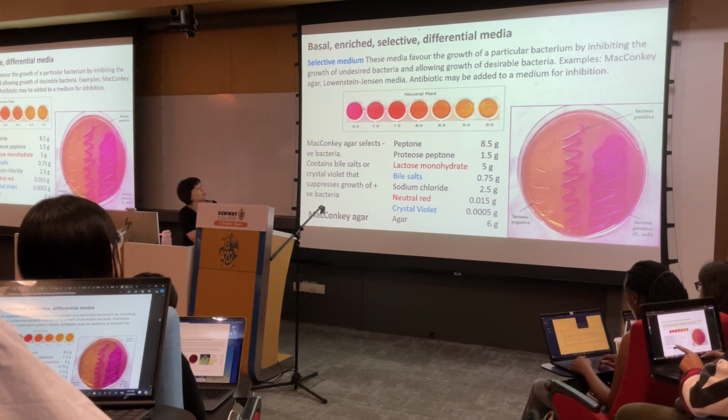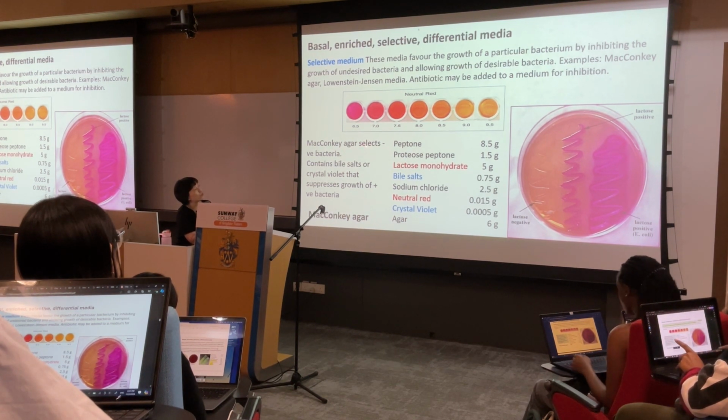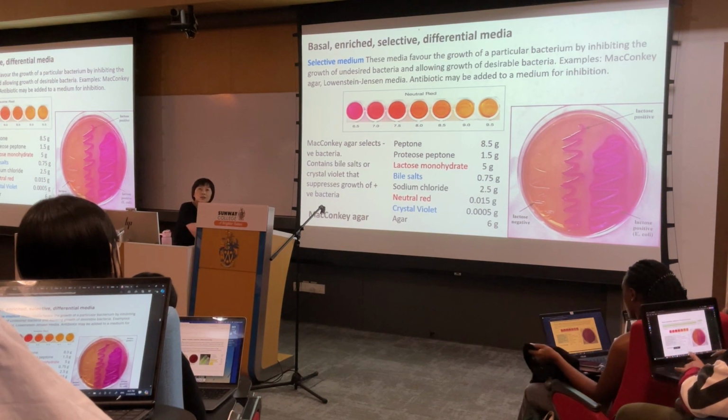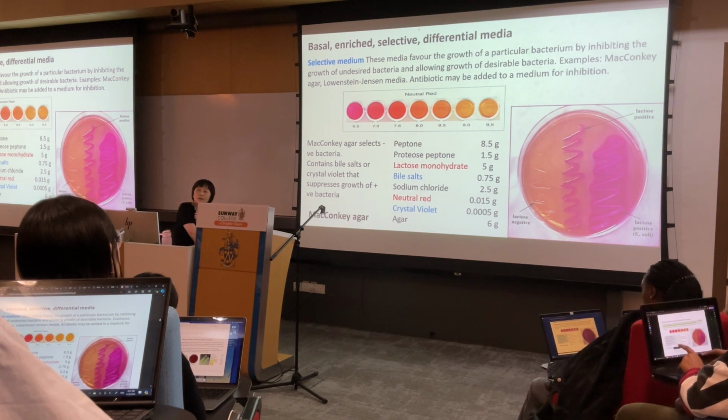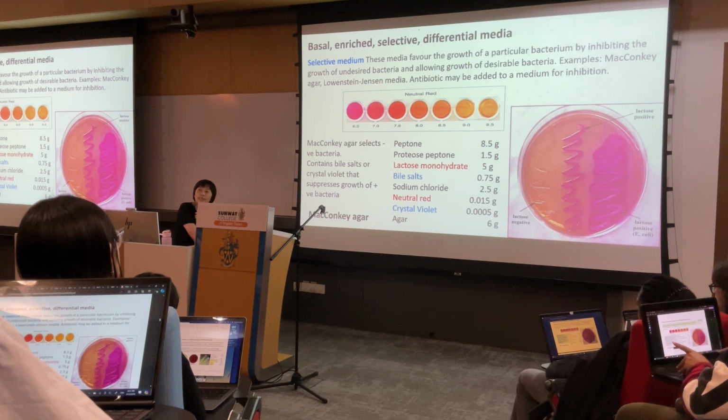All right. So what kind of bacteria is it good for? It is good for gram-negative, but it inhibits the growth of gram-positive bacteria. Now you think about why it is selectively used to grow gram-negative but not gram-positive. You think about the cell wall. So what is the difference between gram-negative and gram-positive? Gram-negative contain,